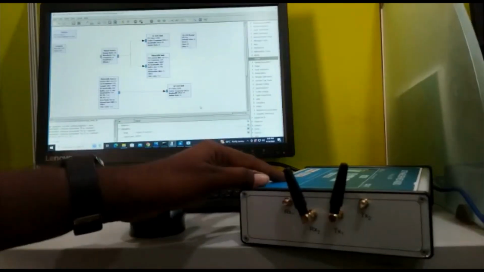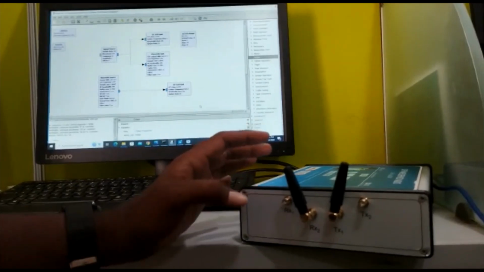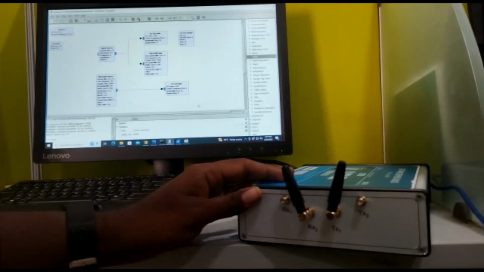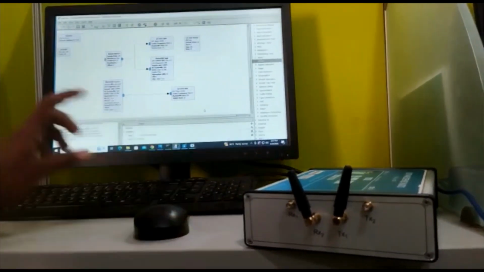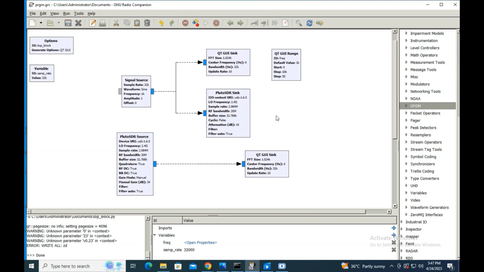This is a software defined radio, which also consists of two transmitter and two receiver ports. We can configure this with our setup. So this SDR can be configured by using the GNU tool, which is shown here. Similar to LabVIEW, here also we want to create a block diagram for our hardware setup, and then we can configure the transmitter and receiver separately. This top part will be used to configure the transmitter, and this bottom part can configure the